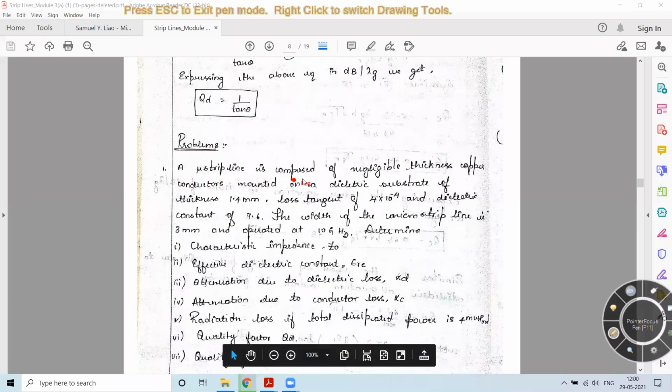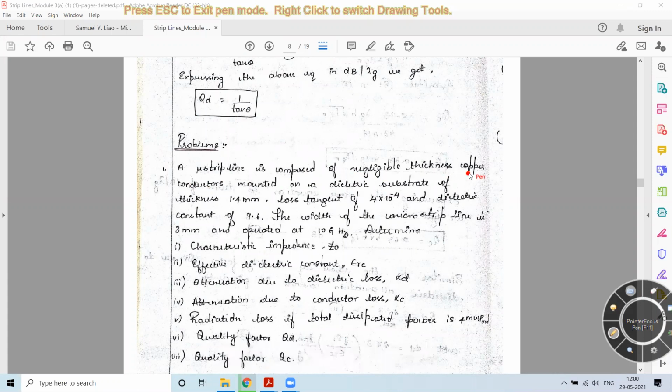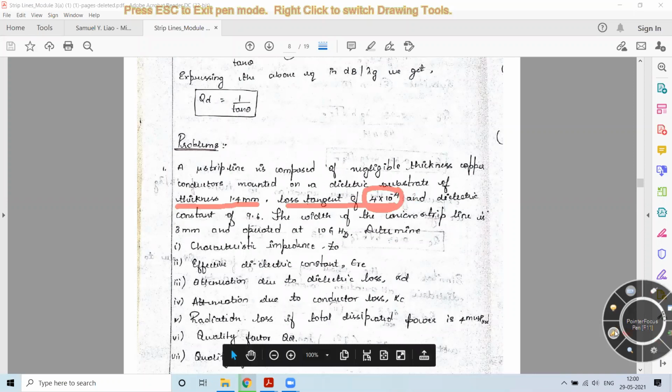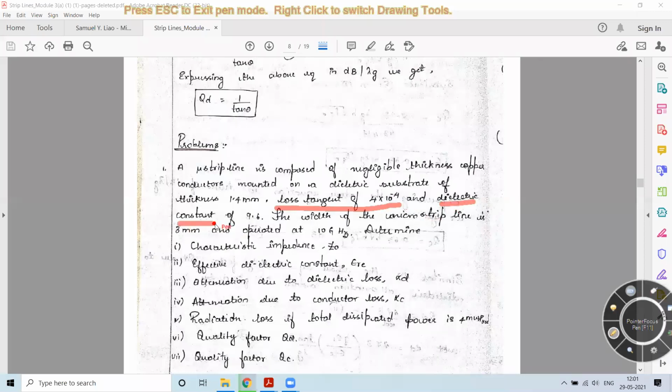A microstrip line is composed of negligible thickness copper conductors mounted on a dielectric substrate of thickness 1.4 millimeter. Loss tangent, that is the tan theta value, is 4.4 into 10 raised to minus 3. It is specified directly as the loss tangent. Then we have the dielectric constant, which is 9.6. The width of the microstrip line, that is W, is 3 millimeter, and it is operated at a frequency of